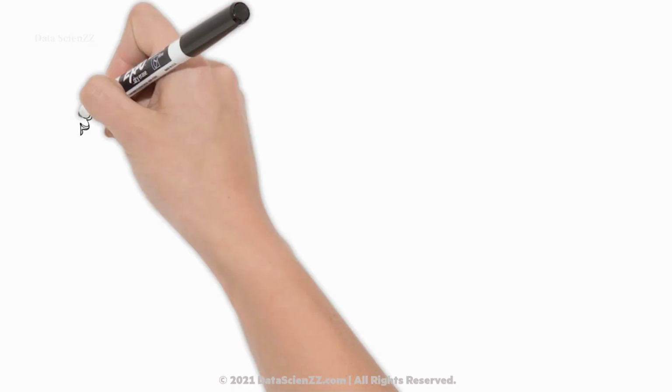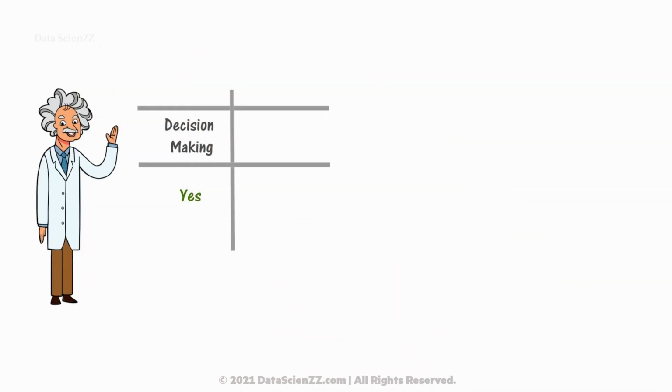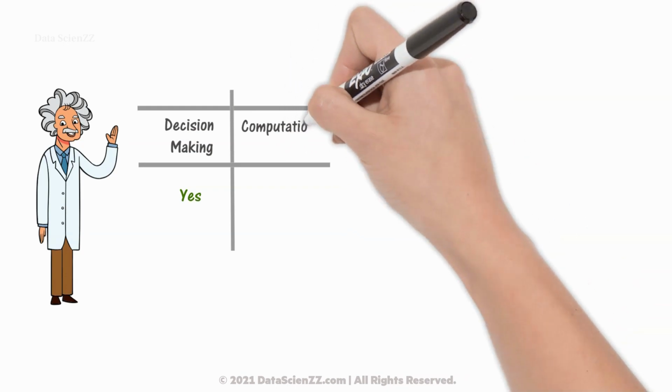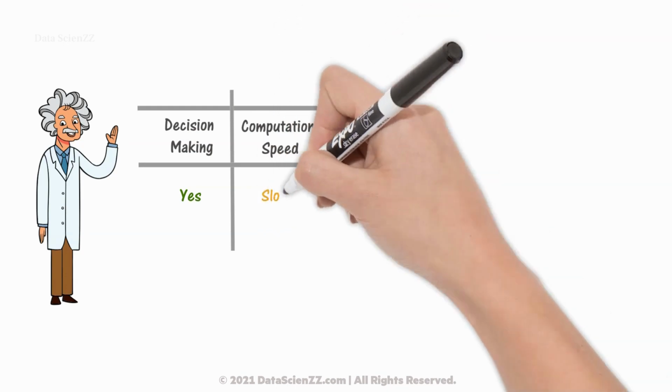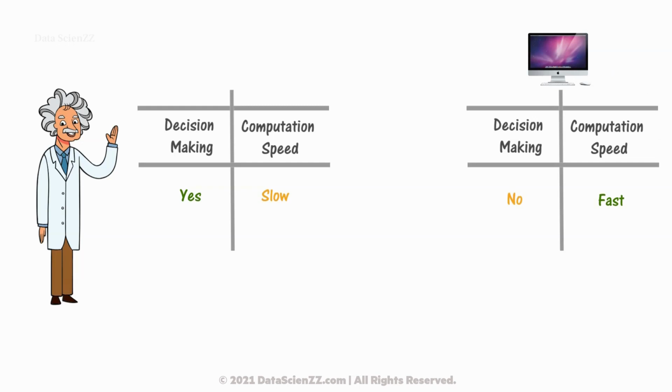We, human beings, are intelligent and can take decisions intelligently. But often, we are not very fast at computation. Like, we cannot handle a lot of data or a complex calculation very fast. On the other hand, a computer system is 10 million times faster than a human being in terms of processing speed. But a computer cannot make decisions on its own. Rather, it takes decisions from us and simply executes them.